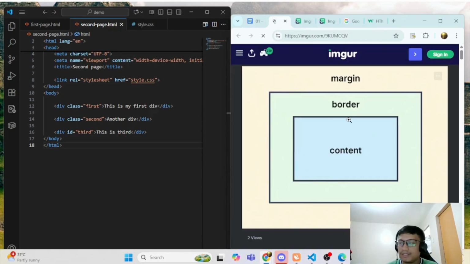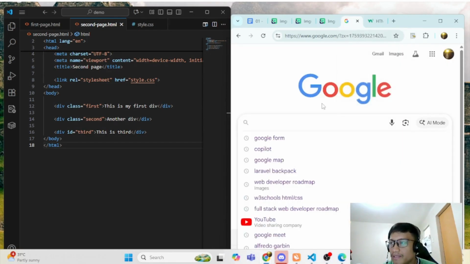Okay, so earlier, I added a padding to a div. So as you can see, the margin is on the outside, outside of the div, and then a border, and then the content. So I think there's something missing here with the padding.